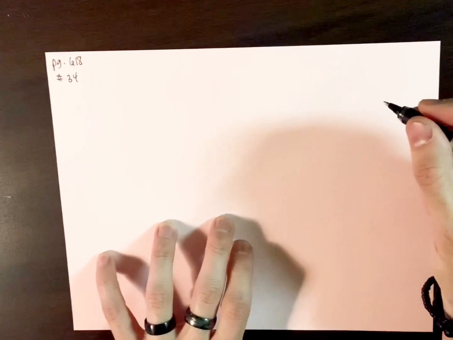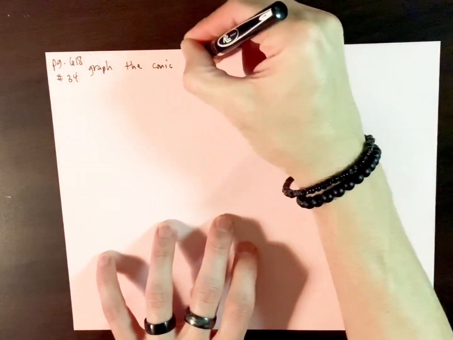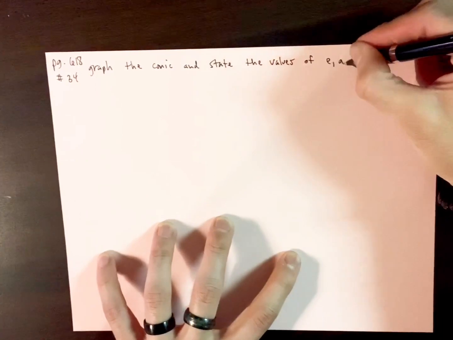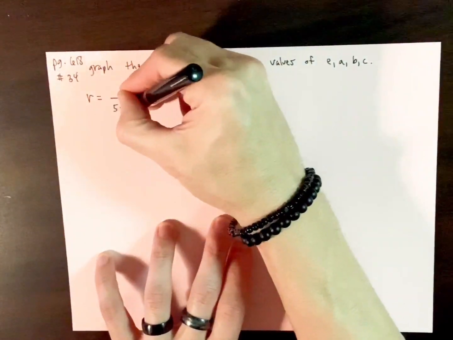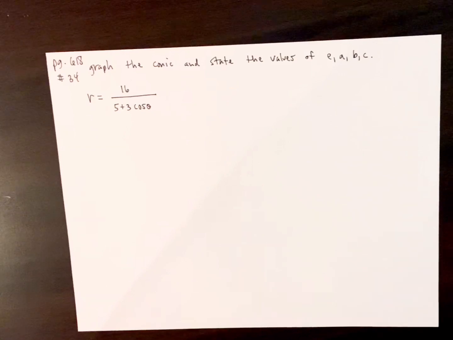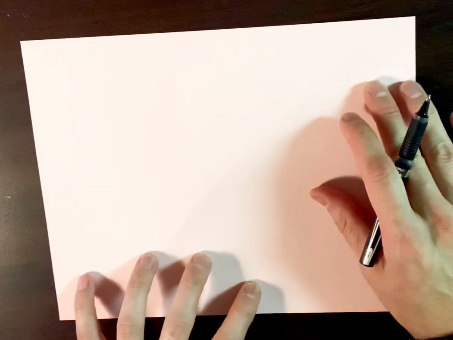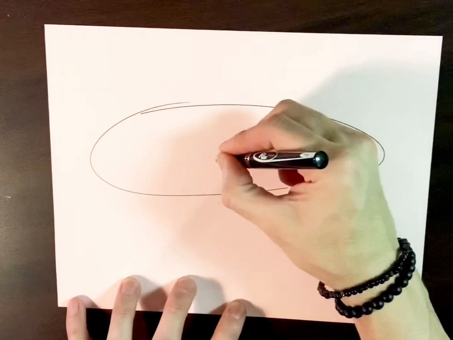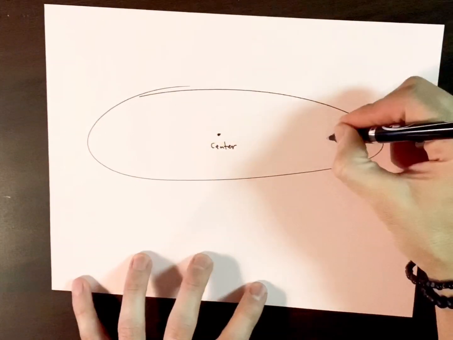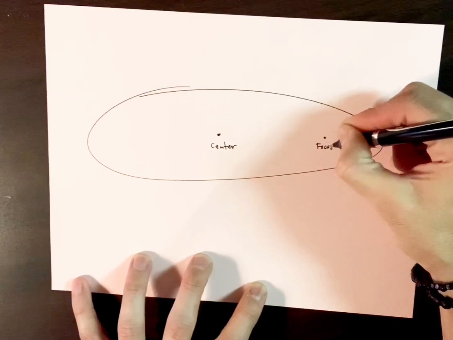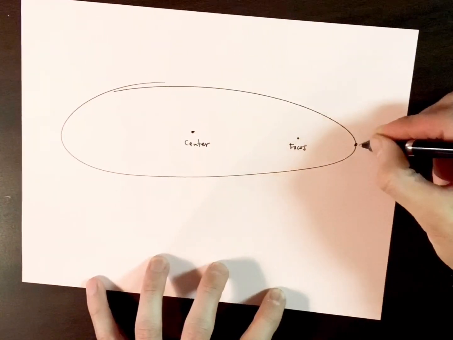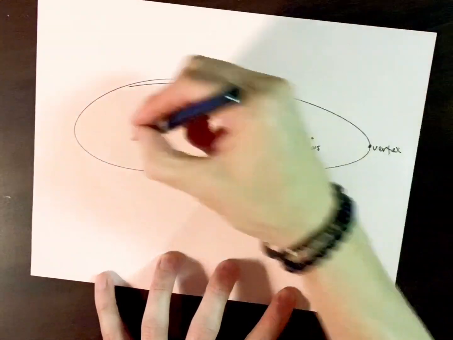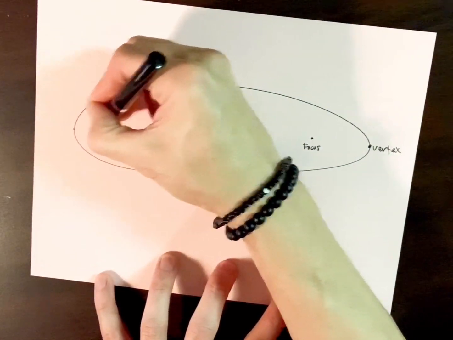34 on page 618. And this is what it says. Now, before we begin this problem, I want to take a quick time out and remind you of a few things. Recall that for an ellipse, the center is here, and then somewhere off at a distance we have a focus, and then we have here what we call a vertex, and there's another focus and another vertex there as well, but I'll just focus on